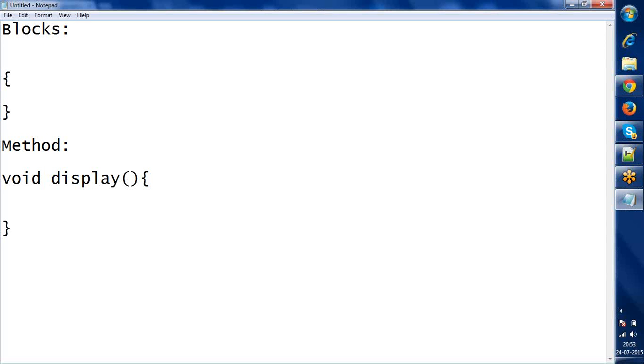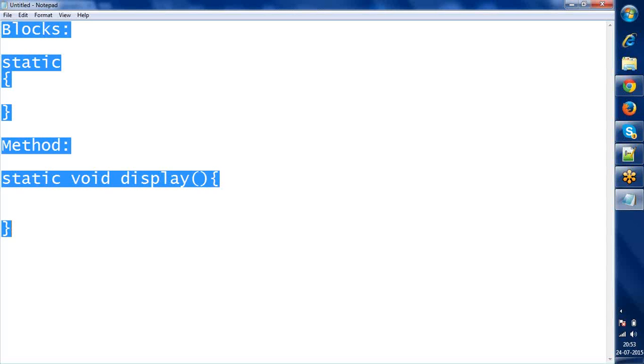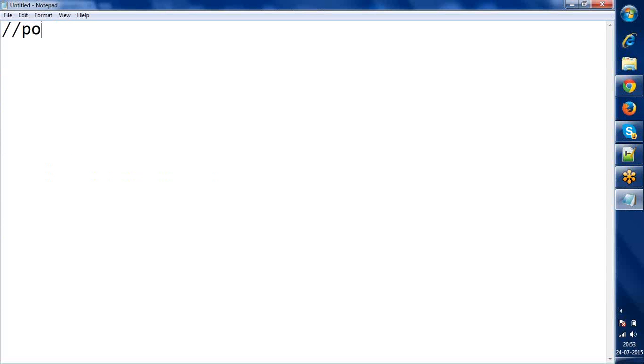But block can have one thing that is known as modifiers. The one modifier which we have seen is static. A method can also have static. So today we are going to learn about the block, method, and main method. Let me take one program on this, and after seeing that example, we will be discussing this program based on